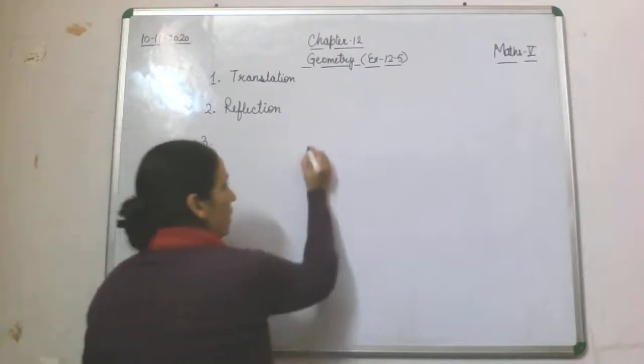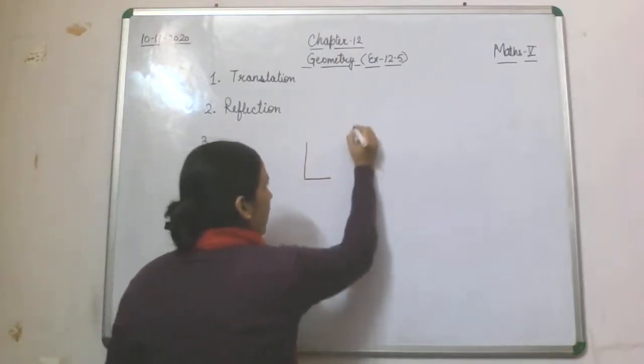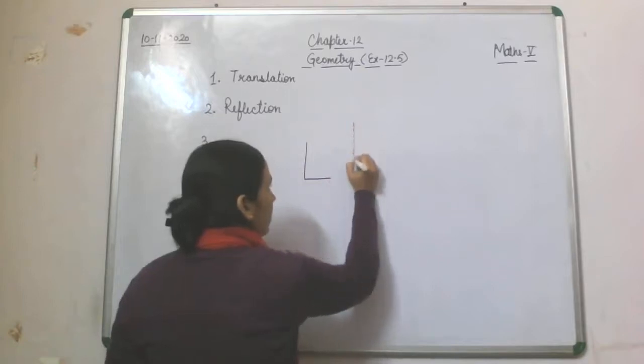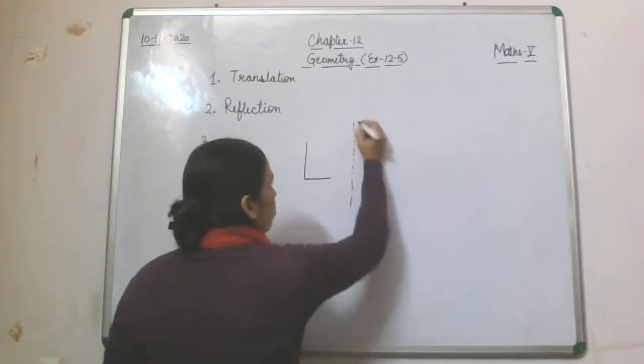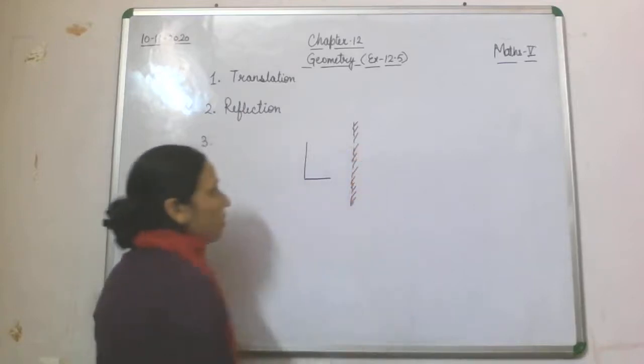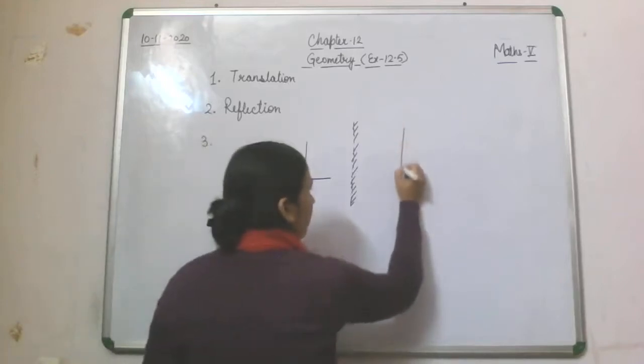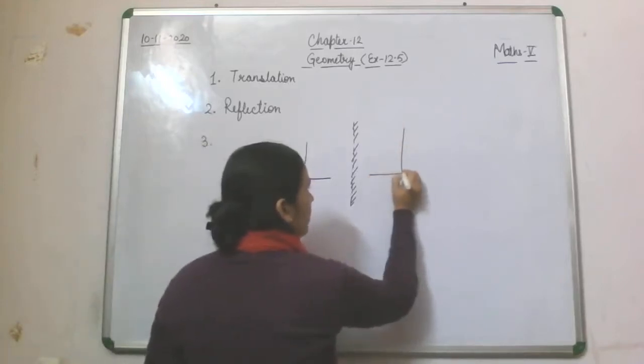So whenever we are making a mirror reflection, like if I draw L and here you are having this mirror, what kind of mirror is this? Because that is a polished figure. On the other side you will find the mirror figure of L is this.